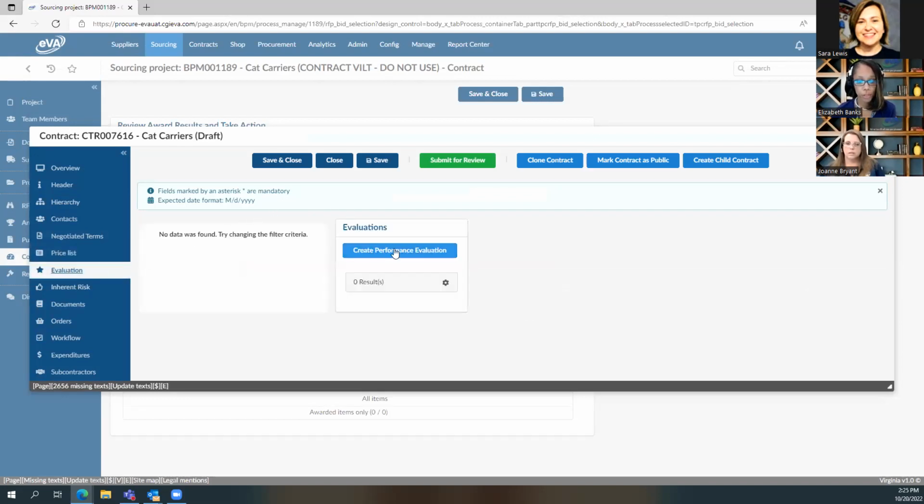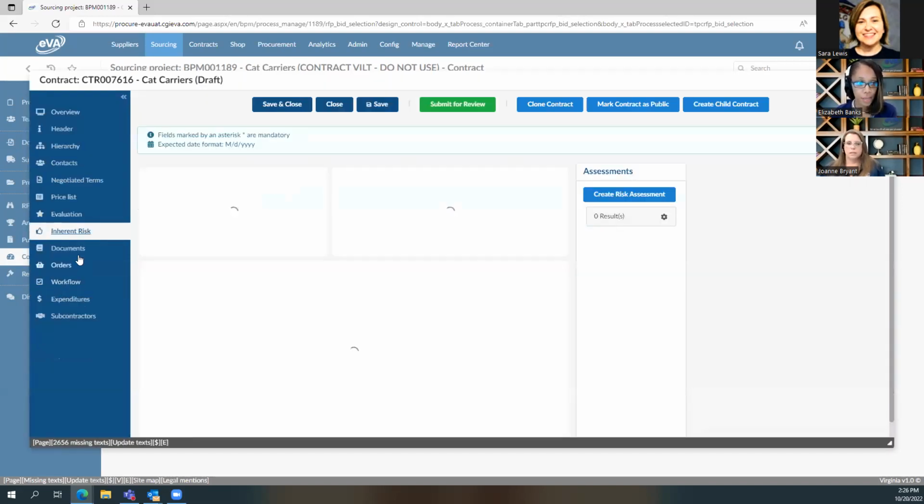The evaluation portion is for the contractor's performance. This is a solution that I think is awesome because now you can go in and upload the contractor's performance. That way it is visible to all who can see your contract. So this is a part of the tool that I am happy about. I'm also ecstatic about the next one, which is risk. Every contract has risk, especially high risk contracts. So this is a good tab where you can create your risk assessments for all of your contracts, not just high risk.